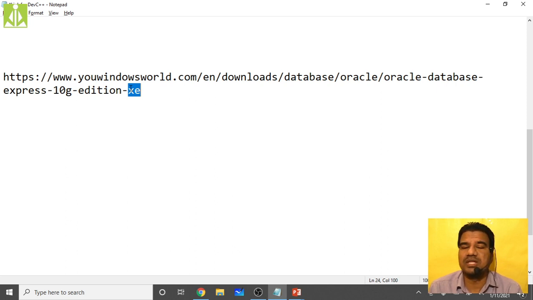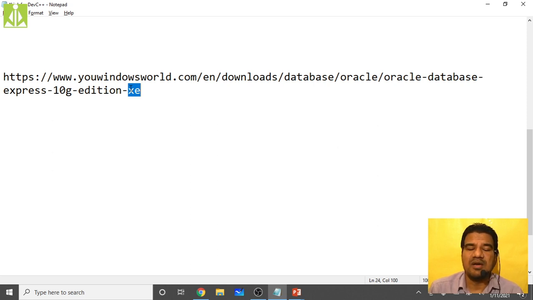We are not downloading the complete Oracle database application. Rather, we are downloading only the command line interface module, which is helpful in order to execute the SQL queries. We are not going with the full-fledged application from Oracle, because it is more than 3 GB, and when you install it on your computer, it will consume nearly 5 to 6 GB, and you need a high-performing system to install the full Oracle application.